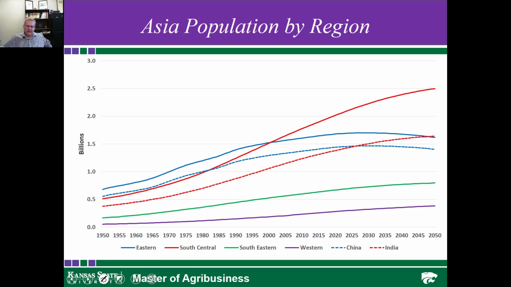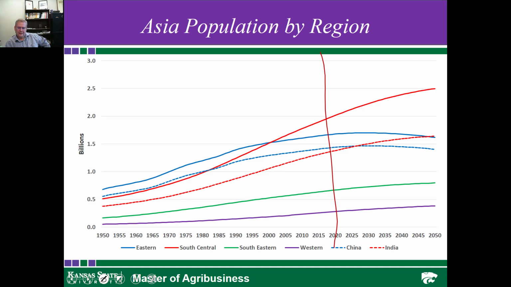And so by looking at this, one of the things you can end up seeing is that all of Asia is growing. We have Western Asia growing essentially from 2020 forward, with a little bit of growth there, and also Southeastern Asia. But Western Asia and Southeastern Asia, both of those will be less than a billion people. Certainly Southeastern Asia, and then Western Asia will be less than 500 million people by 2050.